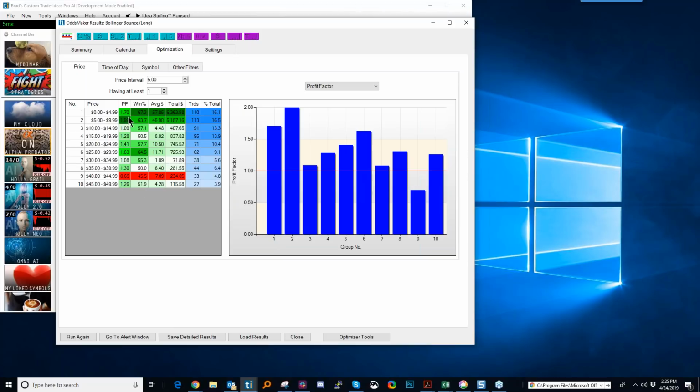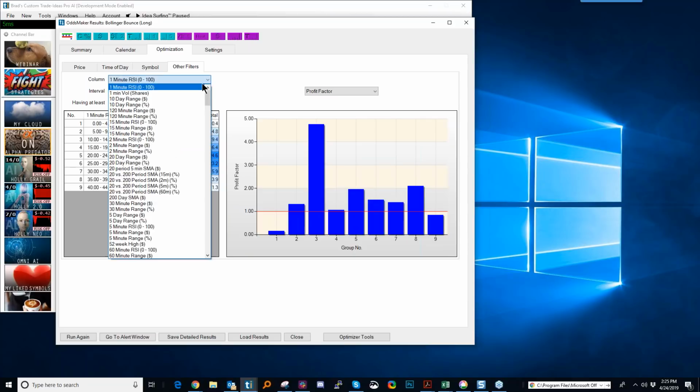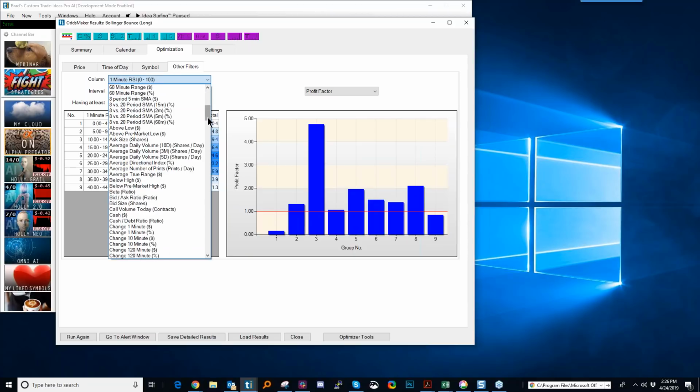What's the success? How many trades took place? What was the win percentage? What was the profit factor? The average winner? So it gives you the ability to look at data in a way that you otherwise couldn't do. And when you couple that with all the filters that we have inside of the software, it's an amazing project to embark upon, optimizing a strategy.